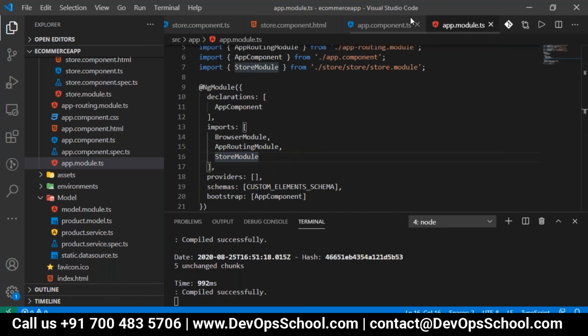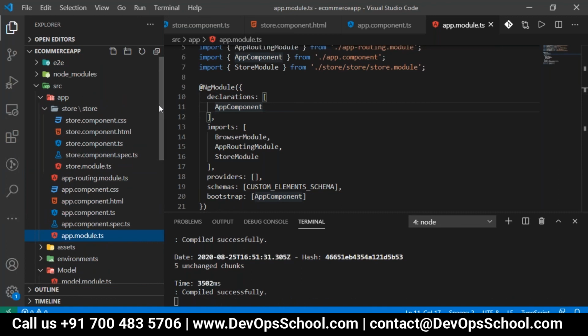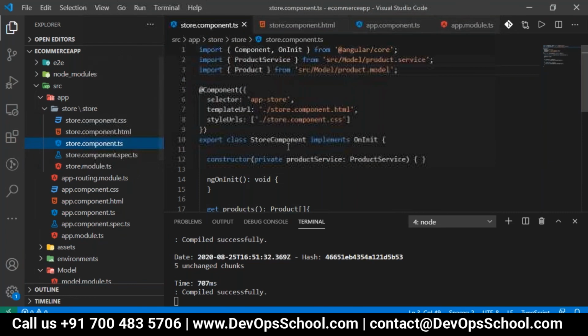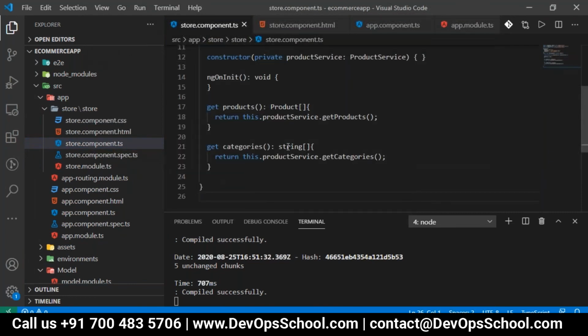What about you, Shri? No errors, I'm good. Okay. So in the app component, we want to get it here. Store component is okay. We are getting all the products, so we want to go with what particular ID you have selected. Based on the ID you have selected, that particular product should be coming here.